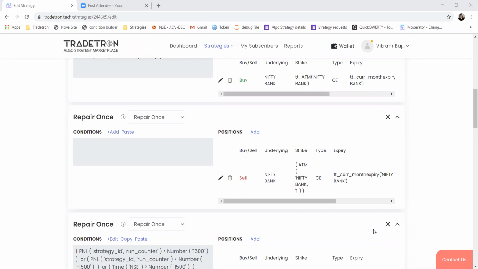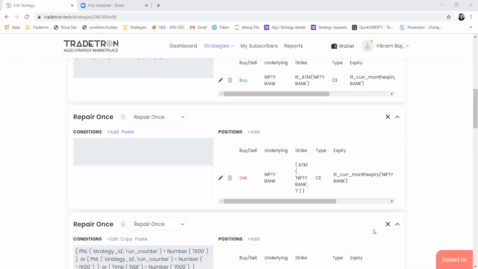Okay. How to enter the same strike after exiting of set one on crossing high of exit set one? Yeah, so it is not possible to fetch which strike was traded in the previous set exit. For that, it will require some custom code. So you can connect with the support team, or fill up the questionnaire form, and the quant team will get back to you on how it can be done.